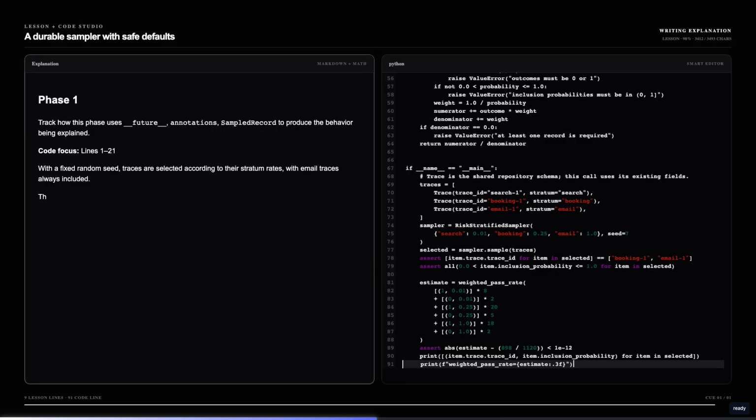The first assertion verifies deterministic risk-stratified selection. The second verifies that each selected record carries the probability required for weighted analysis. The estimator test expands the numerical example into binary outcomes and checks 898/1120. Production tests should cover unknown strata, invalid rates, deterministic replay, empty input, policy version serialization, shared trace metadata, and